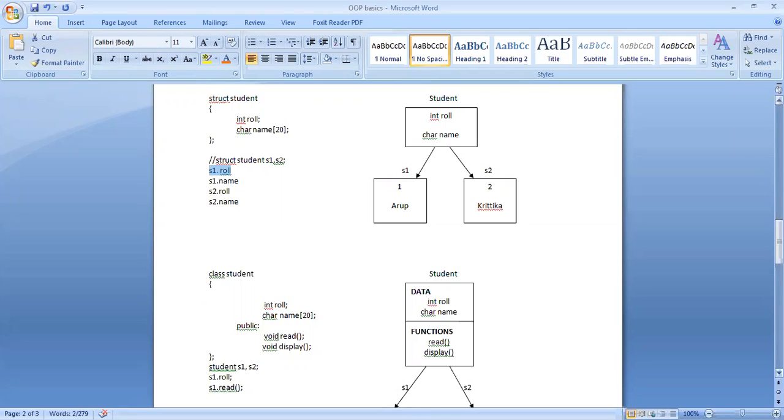Structure can never represent behavior. But classes can define behavior as well, because in real life, objects not only have properties, but objects also exhibit some behavior. So here we have simply learned to maintain records using structure.